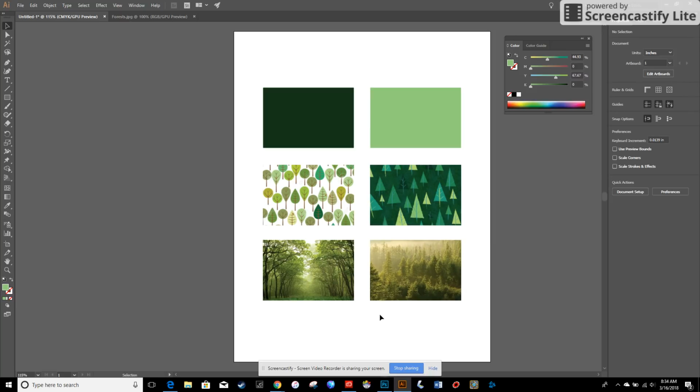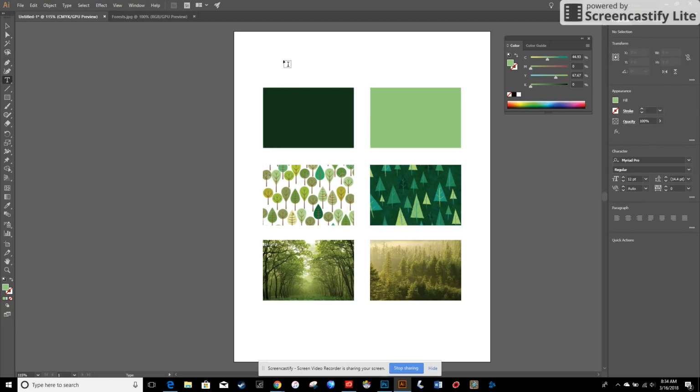All right, so now we're all set up and ready to go. We got 2 solid color squares, our rectangles, and 2 patterned ones, and 2 photographs. Now the reason that I picked these is because they're very different and they give you a good variety of different things that you might encounter when you're doing graphic design and you're trying to make text readable over a busy background. So what you're going to do is grab your text tool next and type out a